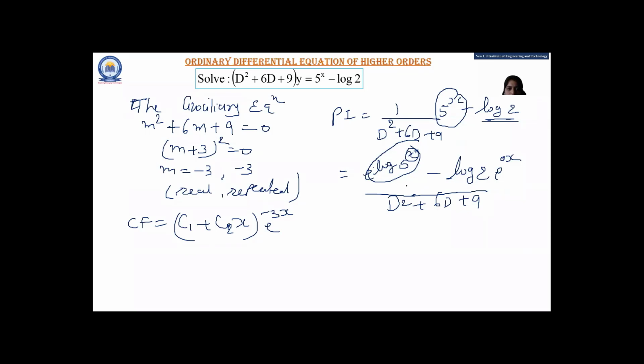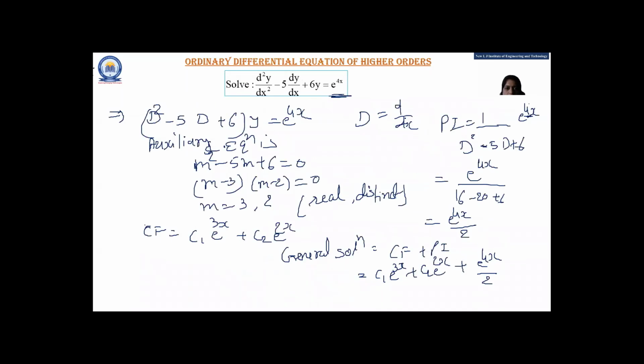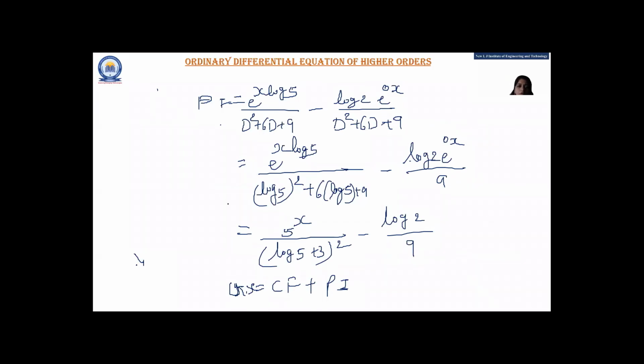Why d equal to log 5? See, what is our rule? For the case 1 and first example, here our e raised to 4x, right? So for e raised to 4x, the multiple of x is 4. So we replace here 4. Similarly, in this example, what is the multiple of x in first step? Multiple of x in first step is log 5. That's why we replace log 5 in the place of d. Now got it? Okay.